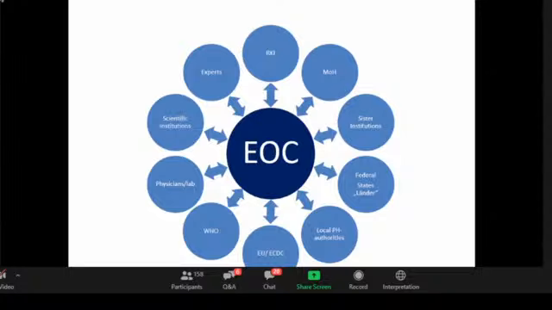Yes, so you can really say our EOC is like the communication and coordination hub. We are in close contact with other ministries, but also with the WHO, with other scientific institutions, with other sister institutions, and so on, with the federal states. But we are also in close contact within our institute, within the Robert Koch Institute, as you can see on the top. And therefore, we need, of course, a chart where we can see whom we have to contact. And this is on the next slide.